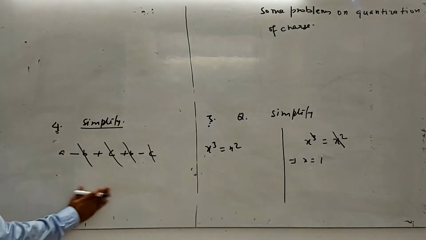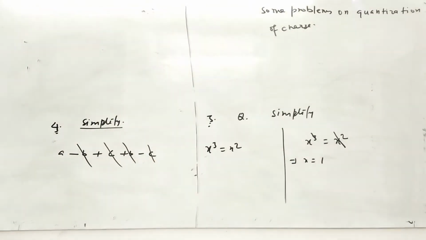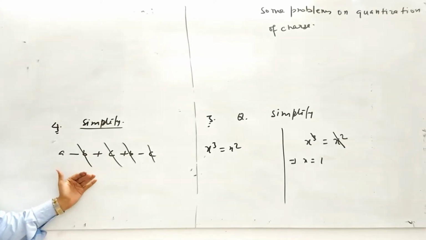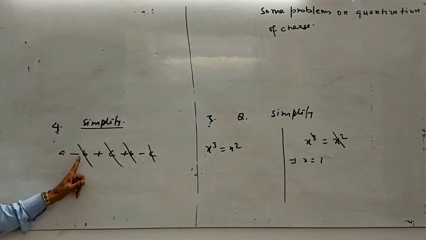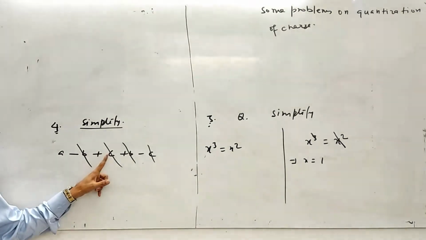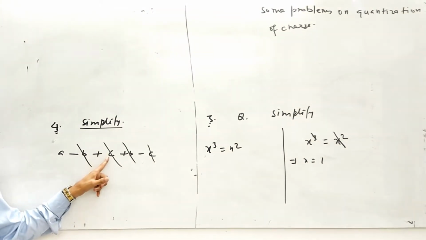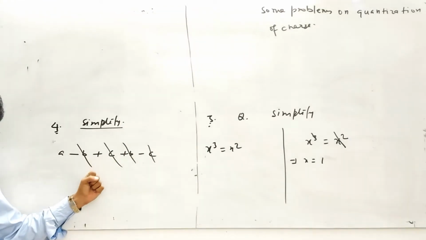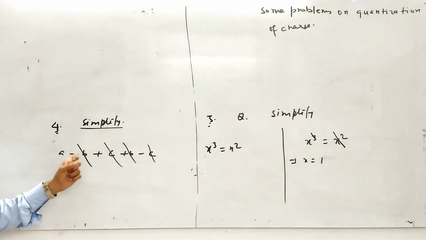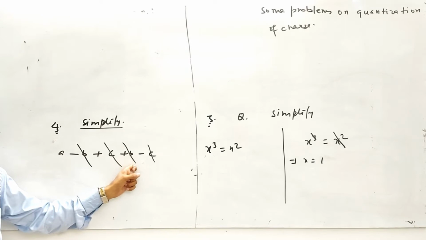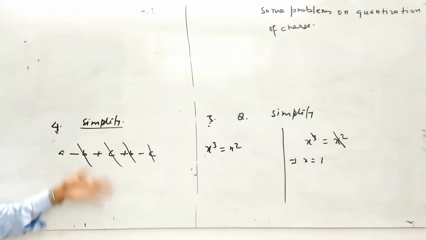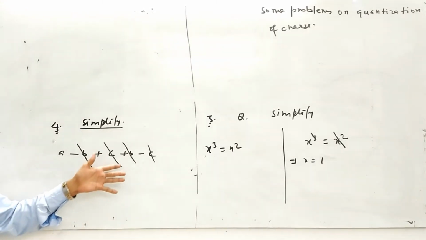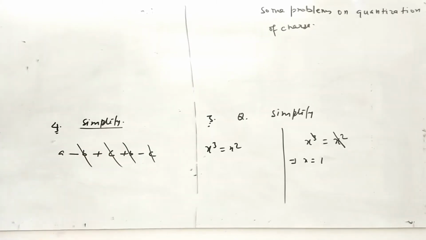Suppose there is a subjective examination. You did it like this. The examiner may think that this minus b is cancelled by c, and he will award it 0 marks or maybe negative, as the case may be. No one can stand in front of the examiner and say, no sir, I cancelled minus b with the plus b, because no indication is shown in your simplification. So this is not the correct way to cancel it out.